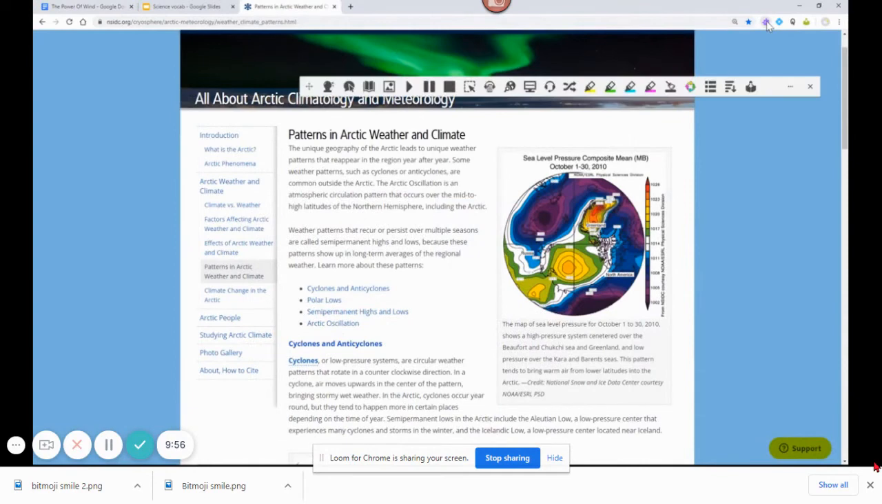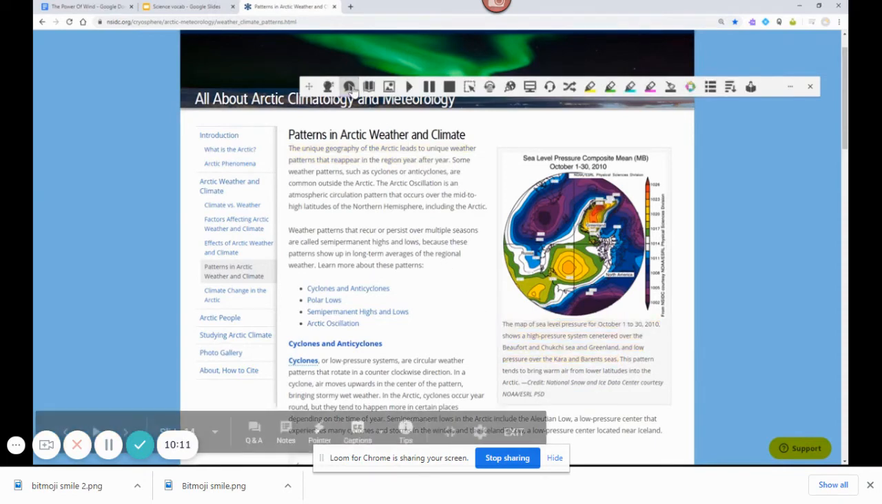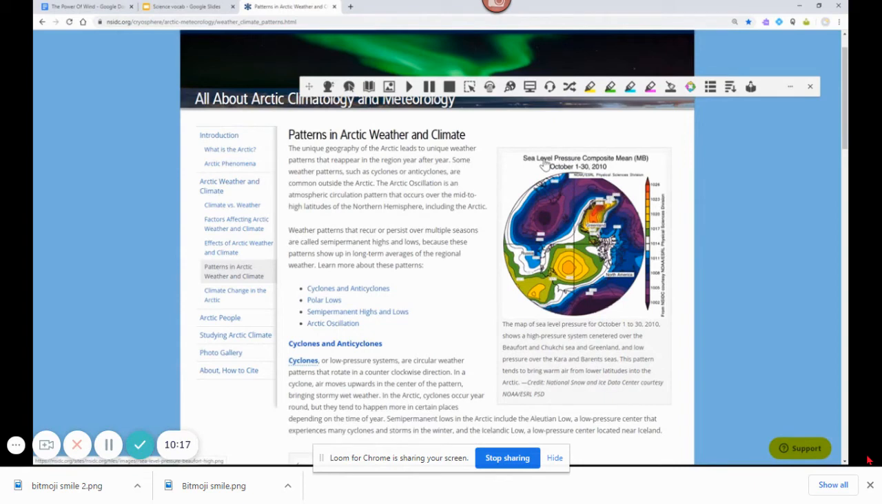To read text on the web, use hover speech to simply hover over some text with your cursor. The unique geography of the Arctic leads to unique weather patterns that reappear in the region year after year. The map of sea level pressure for October 1st to 30. You can also highlight a selection and click the play button. Keep in mind that if you encounter inaccessible text,